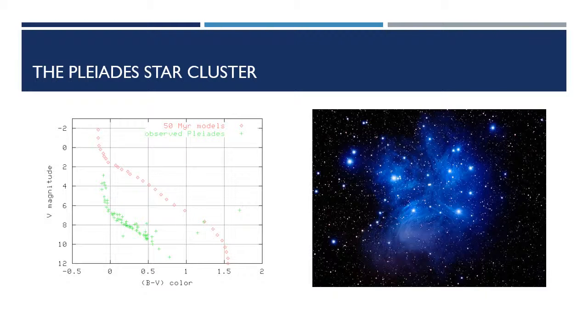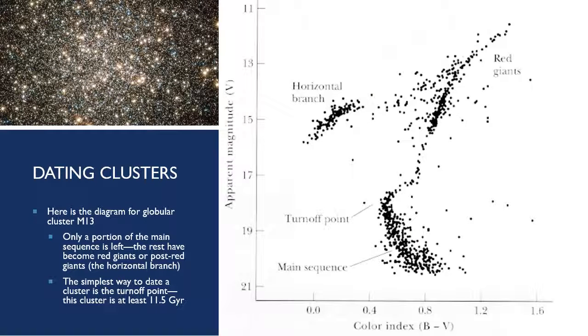If you go ahead and plot this on an HR diagram, you can calculate and model how old the Pleiades star cluster is. How long ago did this Pleiades star cluster form? Well, we know from the turnoff point from the main sequence, it's about 50 million years old. And the stars that were much bigger, they've all since died. They've all since left the main sequence. But there hasn't been enough time for many of the stars to leave the main sequence. And so you might find some kind of graph like this.